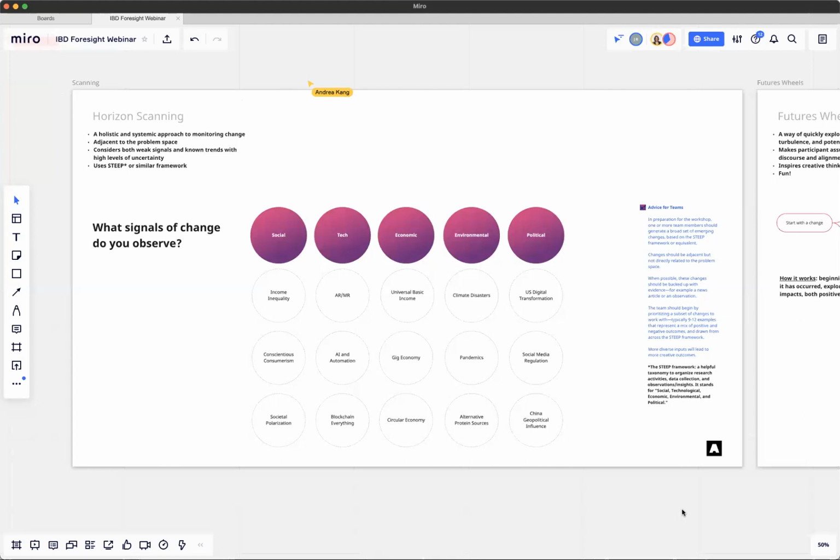And the way we do that is by using a framework called STEEP. And so STEEP, S-T-E-E-P, stands for social, technological, economic, environmental, and political. Now, there are a lot of different ways of using frameworks like this, and there are alternative frameworks as well. The basic idea is that by having a framework like that, if we're looking for change across all of these different dimensions of what's happening in the world, it ensures that we're not, for instance, just looking at